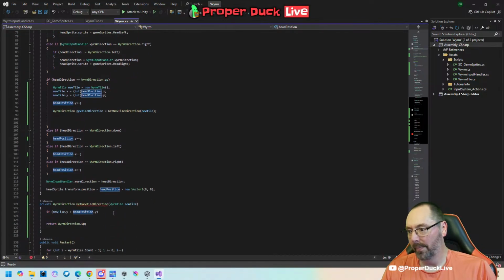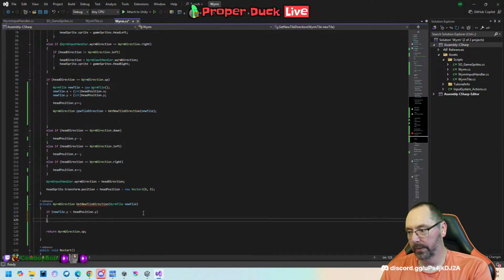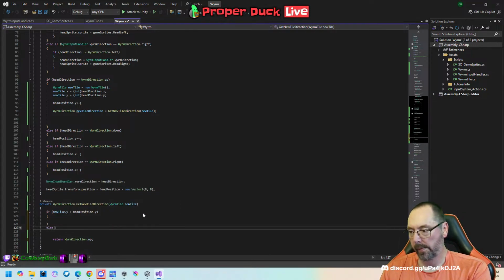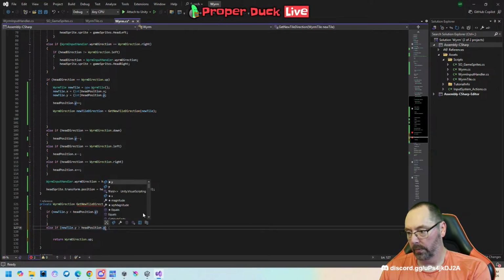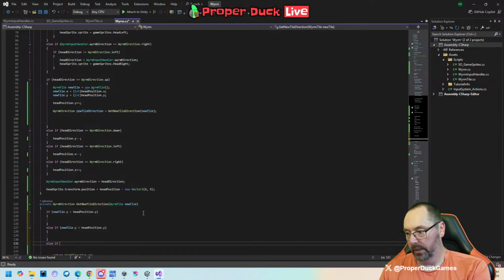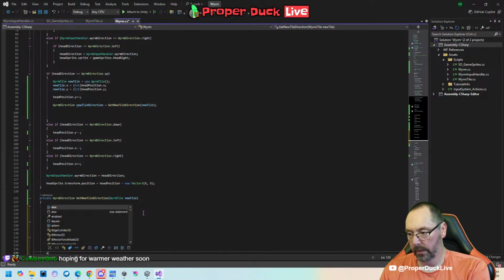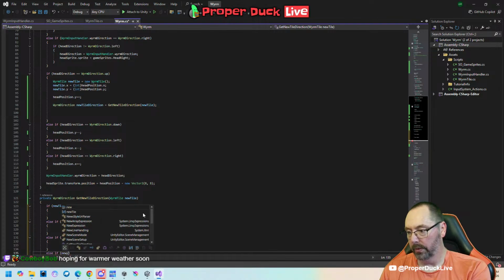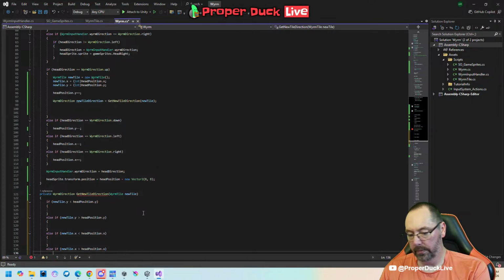Head position dot Y. Else if new tile dot Y is greater than head position dot Y. Else if new tile dot X is less than head position X, then else if new tile X is greater than